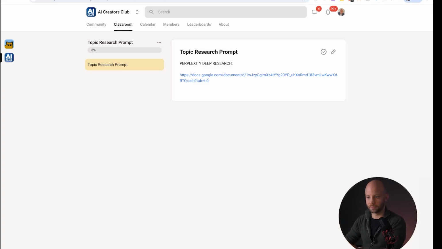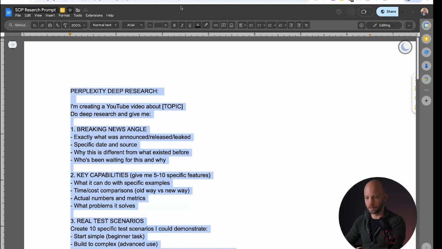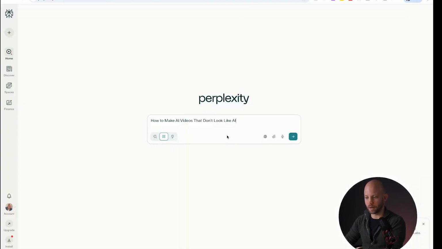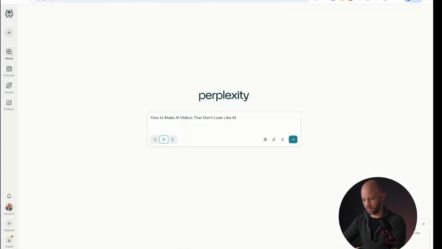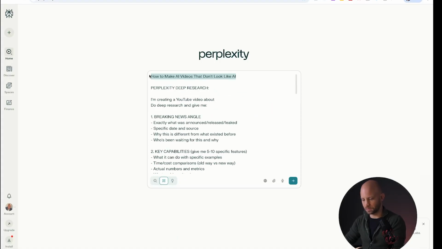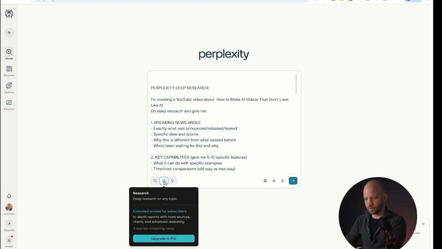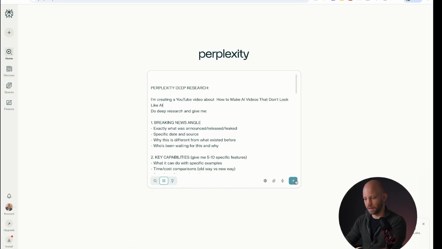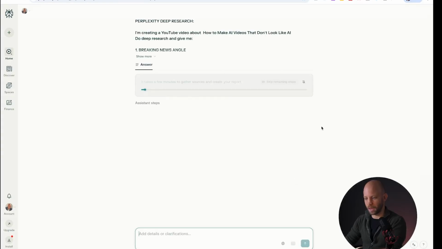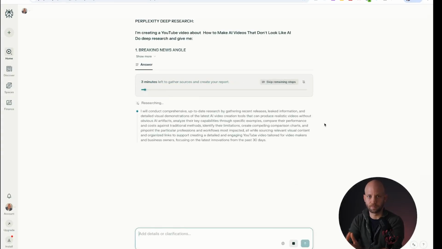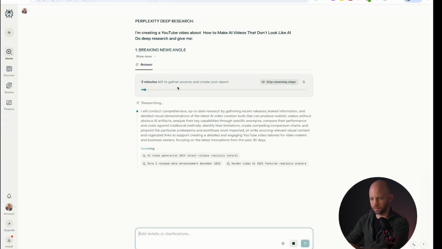So basically, I take this entire prompt, copy it, and paste it right inside Perplexity, like this, to change the topic. And it already knows, because we want a deep research, breaking news, key capabilities, all kinds of very interesting stuff. And just make sure that you're on deep research, that this is selected, and then push this button and let's see what happens. Now, you have to sit back and relax and wait for, let's see, a couple of